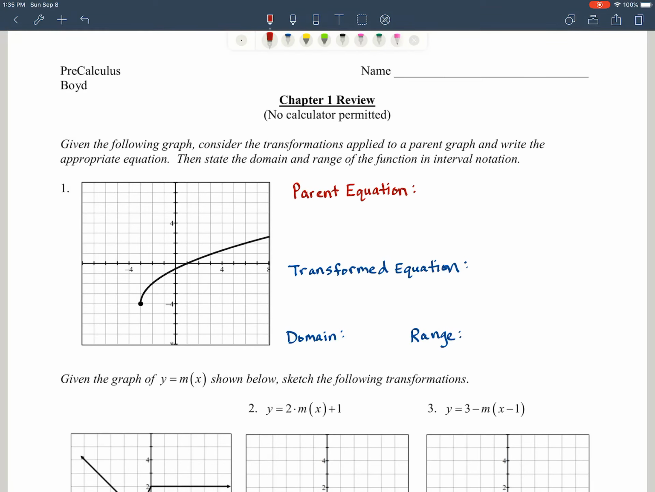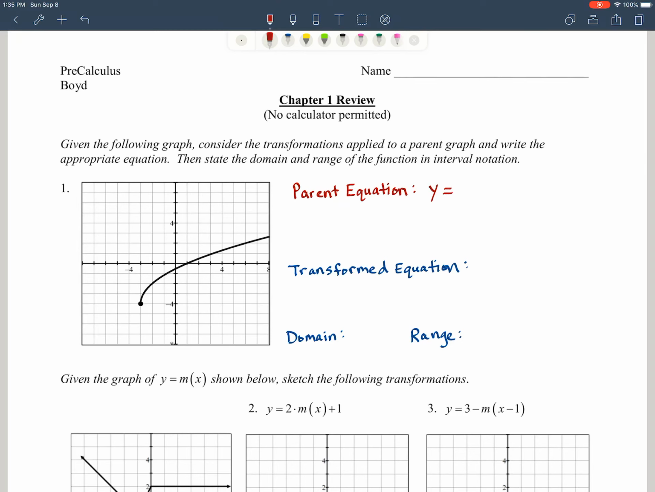All right, problem 1 from our review says, given the following graph, consider the transformations applied to a parent graph and write the appropriate equation. Then state the domain and range of the function in interval notation. So starting out here, it looks like we have a square root function, and we know the parent equation for